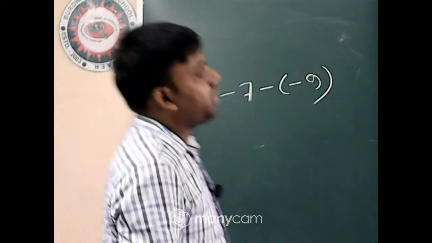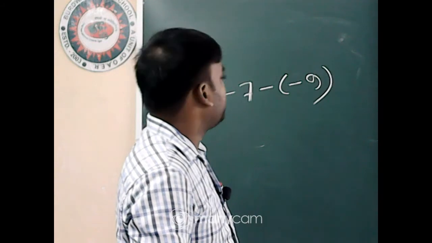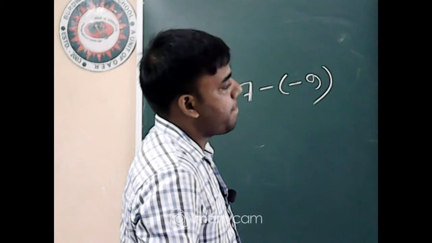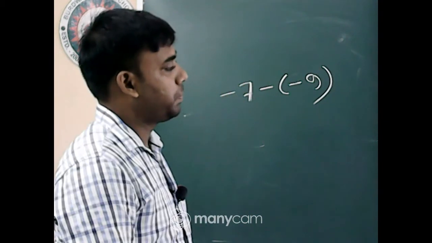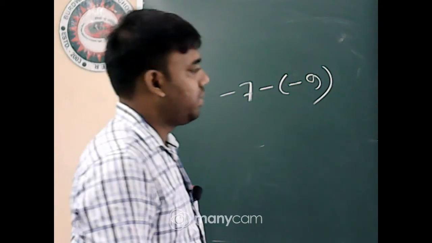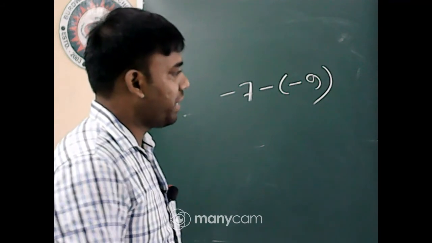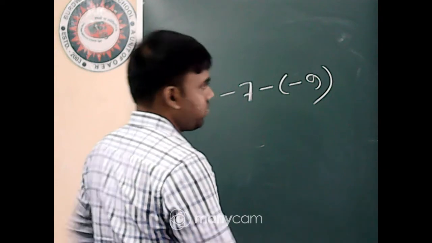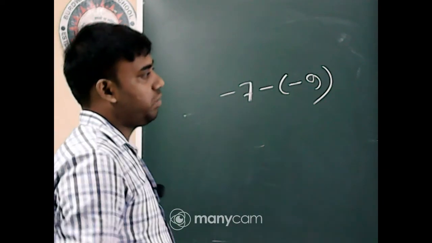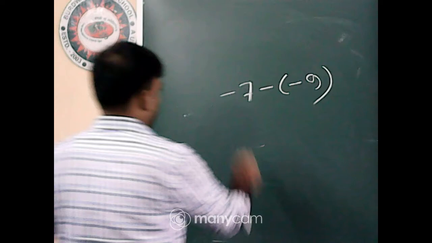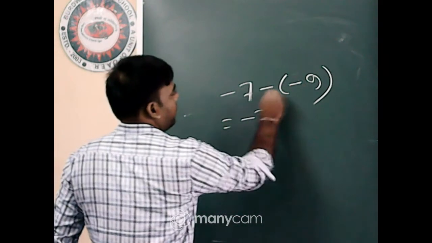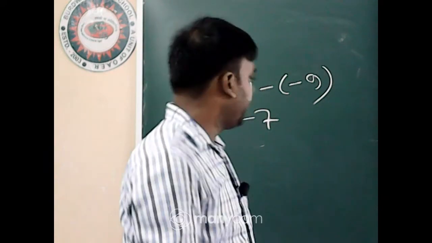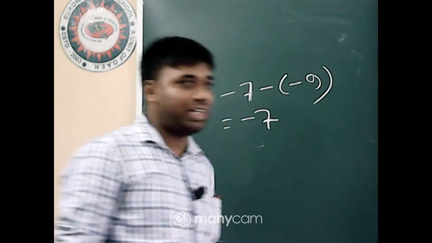Sorry, are you confident that your answer is -2? Just solve the sum on your copy. Okay, let us check whether that is right or wrong. Your answer is -2. Okay? Minus into minus. Answer it quickly. What will it be, +9 or -9?